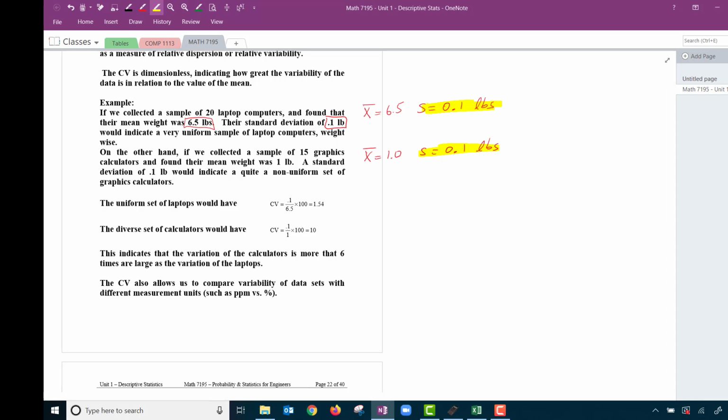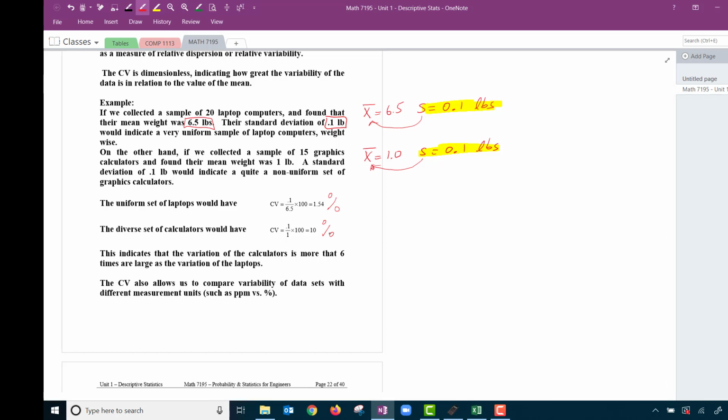But like I said earlier, it's all relative to the mean. We can see that 0.1 relative to 1 is a lot more influential than 0.1 relative to 6.5. For the laptops, we get a CV of 1.54%, and for the calculators, we get a CV of 10%,